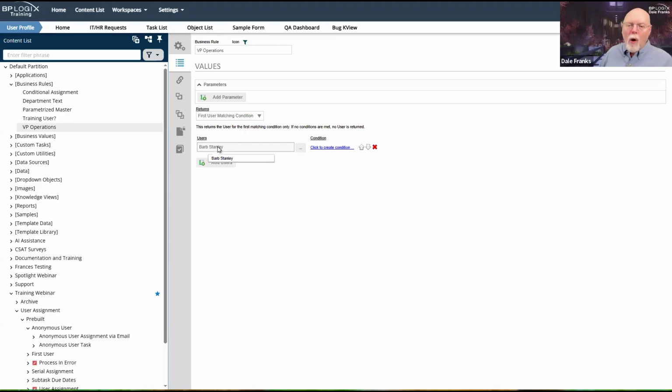So if I want to allow the process manager to do an assignment, like in this case, VP of operations, and VP of operations may be assigned tasks in 100 different processes, I certainly do not want to go into those hundreds of processes and make changes to the VP of operations.